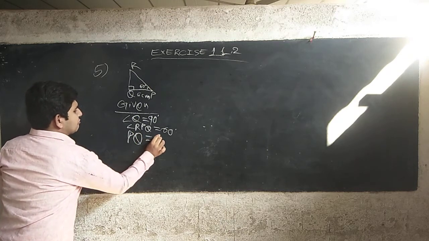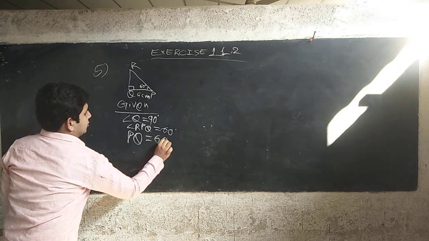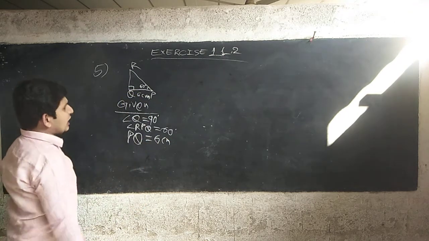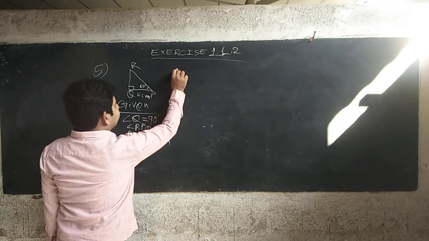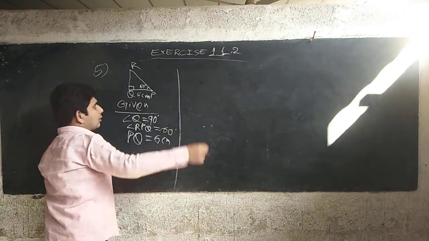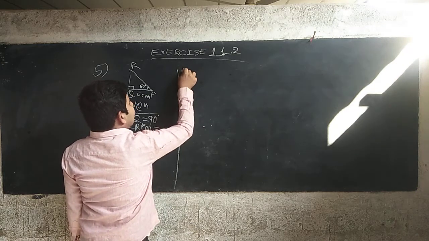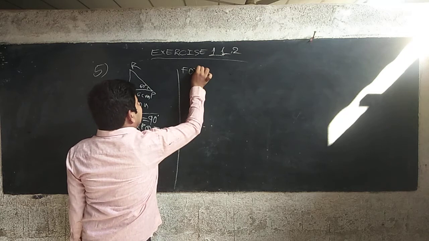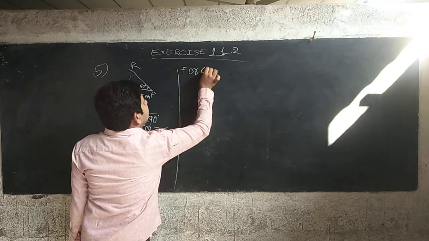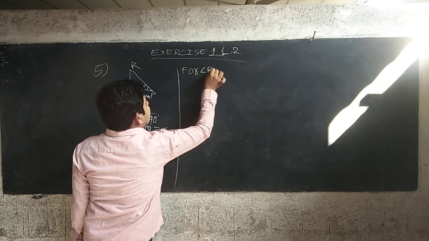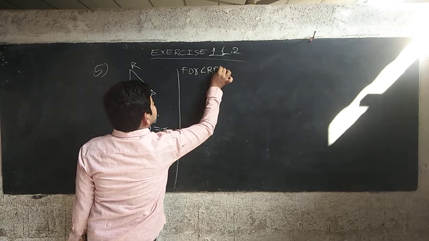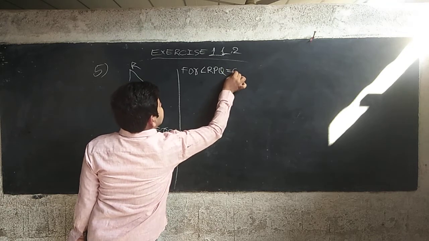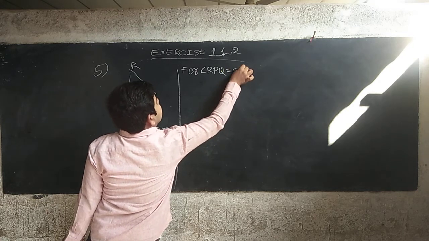Now we have to find QR and PR. Now for angle RPQ equal to 60 degrees,